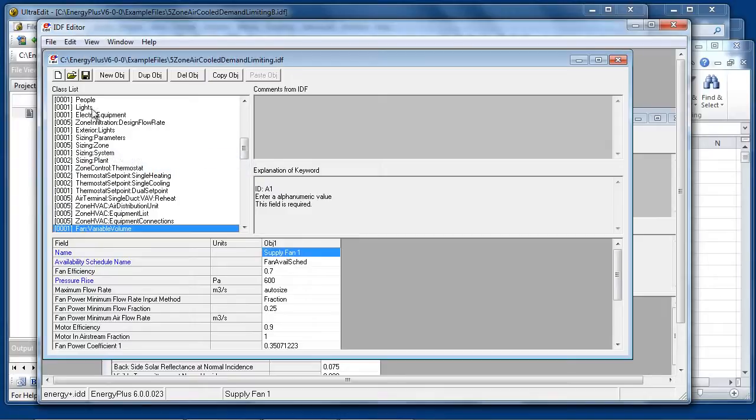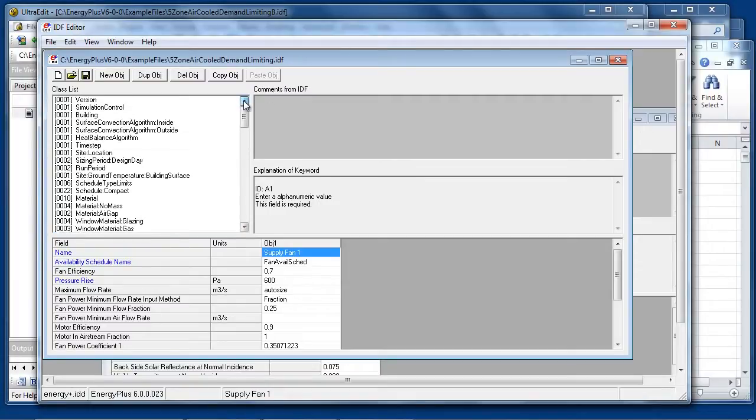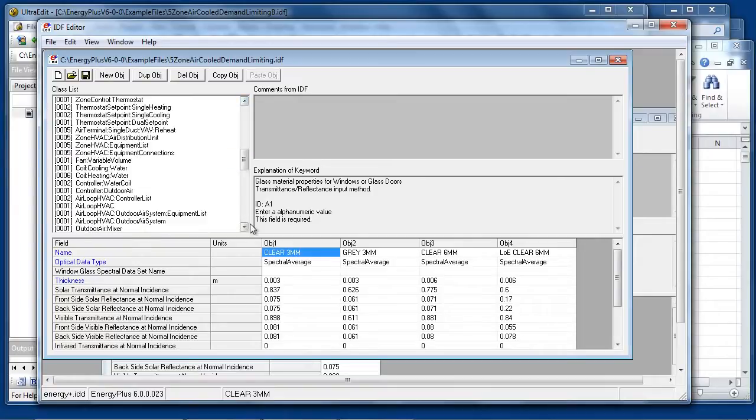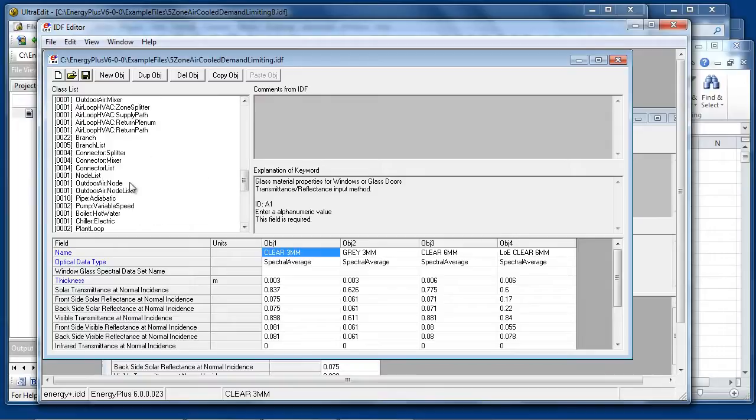When this is selected, all of the empty class names are hidden, and only classes which are populated with one or more objects will be displayed. Note that the number indicates how many of each type of object are present in the current input file. This is useful for working with a file that already has existing data in it, provides a way to see a quick overview of what kinds of objects are present in the file, and to move quickly to objects